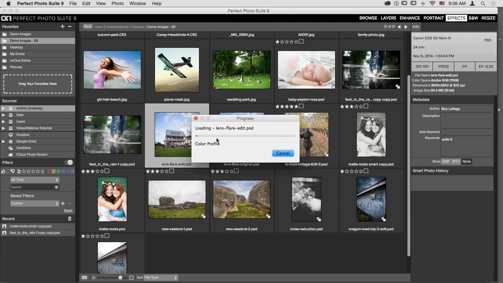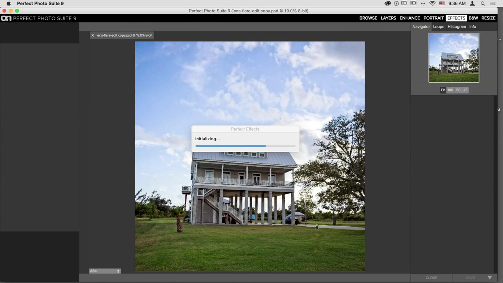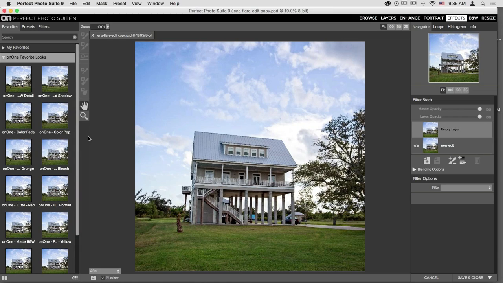Now, the lens flare filter is, I think a lot of people are not 100% sure when to use it. And the thing about lens flare is that it is an addition to your image that's there to help enhance it in a fun way. It's not something that you necessarily need on your images. It's definitely not something that you are required to play around with. Some people, it's not their style, not their jam. Other people,